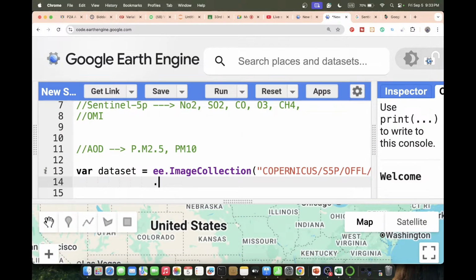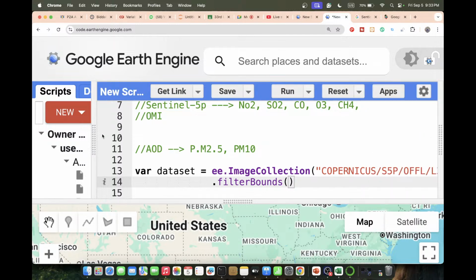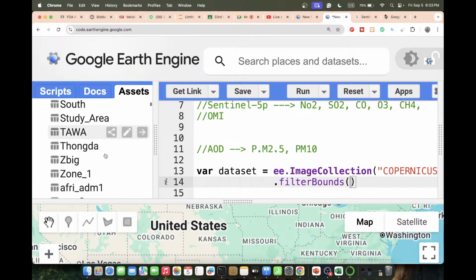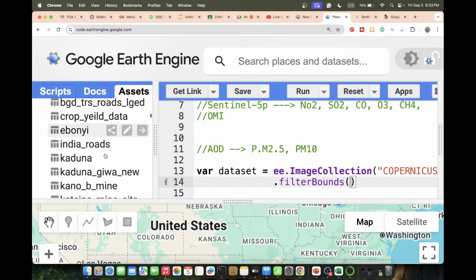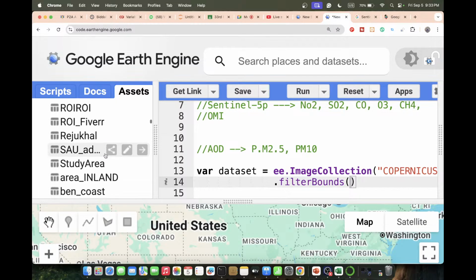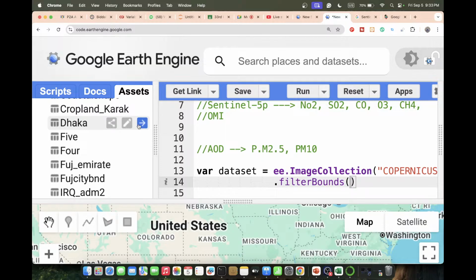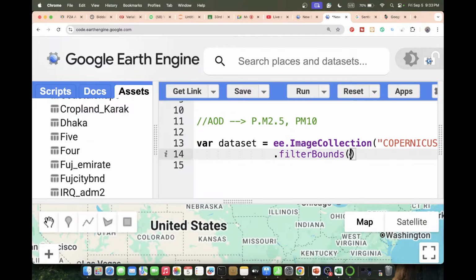So first of all, simply put here that filter bounds is intersecting with your image with your study area or your shapefile. Okay, so you can simply import your study area. Suppose I choose this Dhaka as a study area, and I put the name as ROI. Okay, so now filter bounds with ROI,